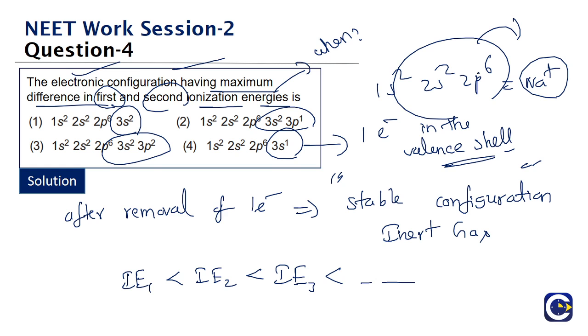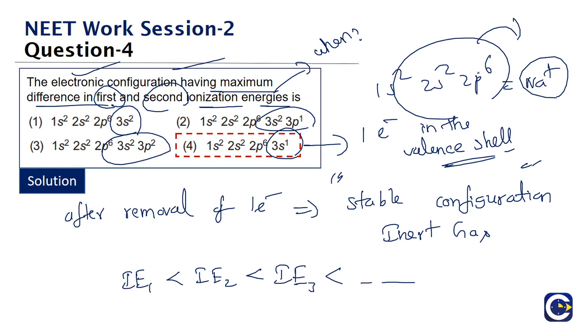If we see a maximum difference between the third ionization energy and fourth ionization energy values, what does that mean? It means that after removing 3 electrons, we have achieved the stable octet structure. That is the reason why the removal of the fourth electron will require a lot of energy from us. Okay. So this is the analysis. So what is the answer for this?